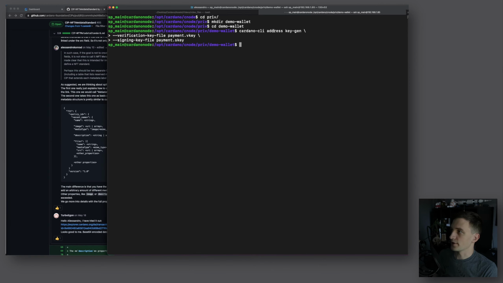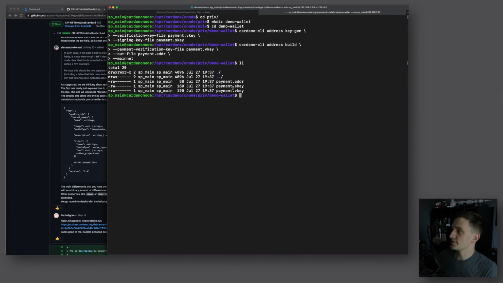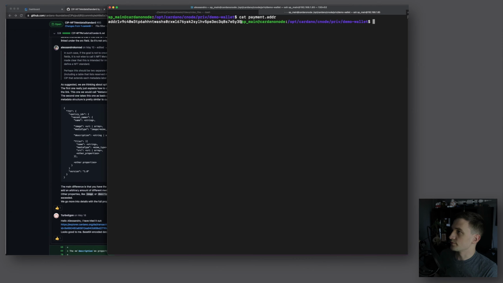So that's just the Cardano CLI command to create our payment verification key as well as our payment signing key. And then from that, we can create our address. And if we list all of that, we have our payment address and we have our two keys. And if we cat the payment address, what we'll do is copy this, and then we'll go to